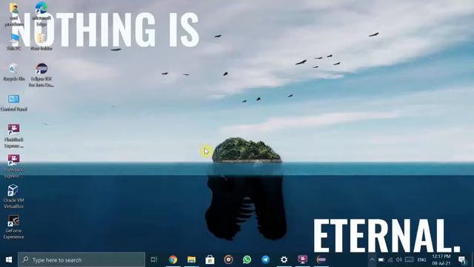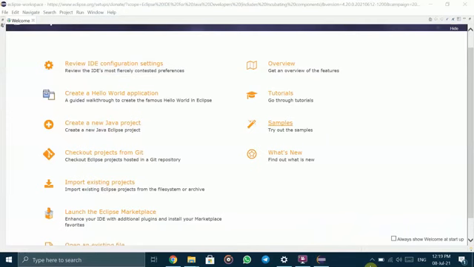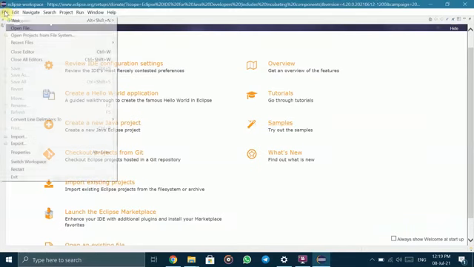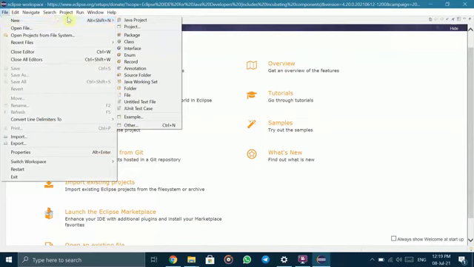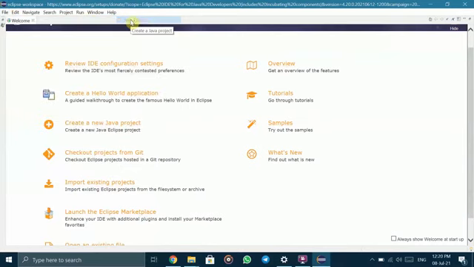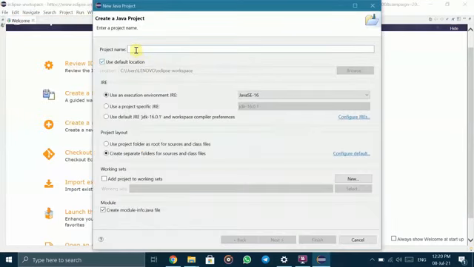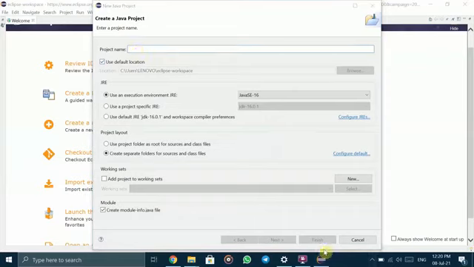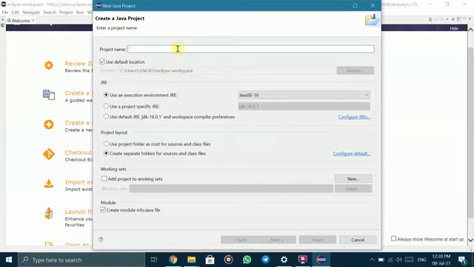Build a new Java project with CloudSim. Now open File, click on New, Java Project, and put the project name here.